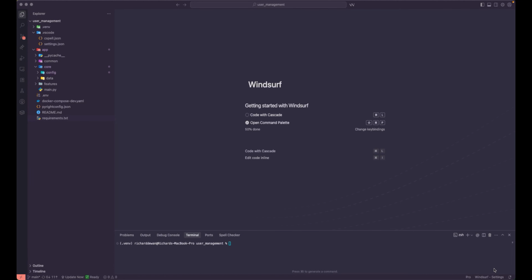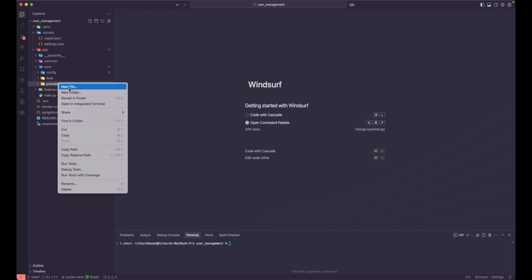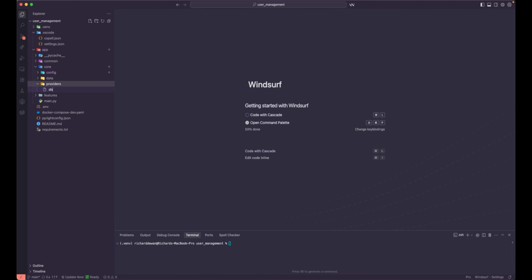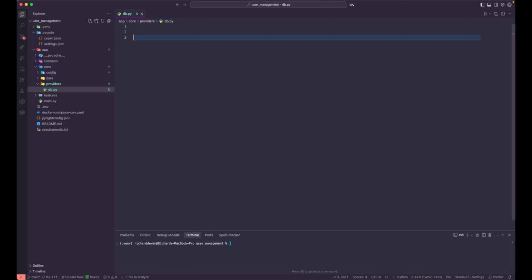Now let us create the providers for our EnvConfig file as well as for the database file that we have over here. So let's create a new folder inside of the core. Let's call this one providers, and let's add a new file, db.py. Let's create a function, def get_db_session, and that's going to return us the